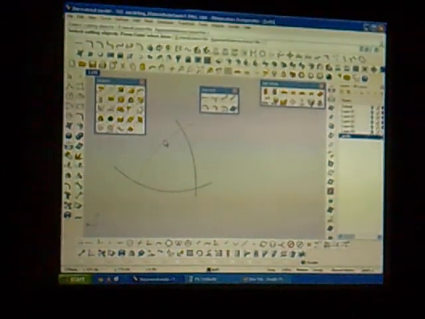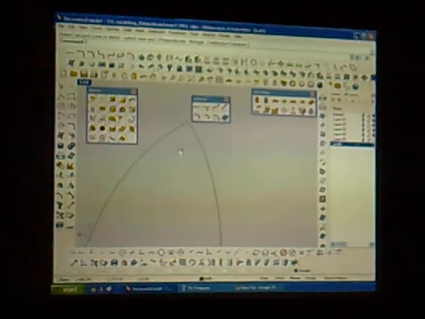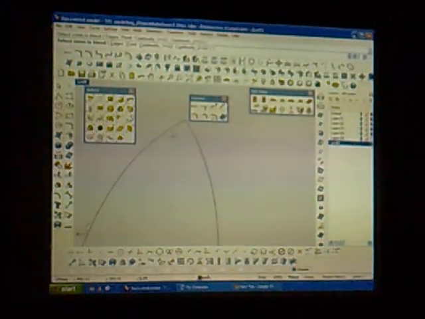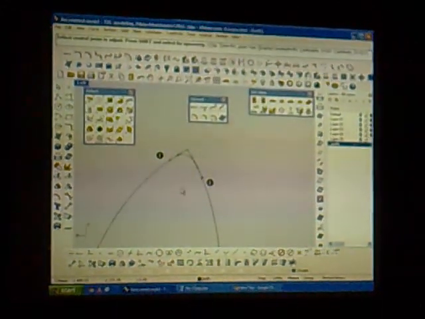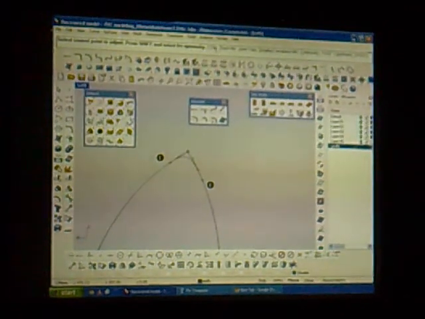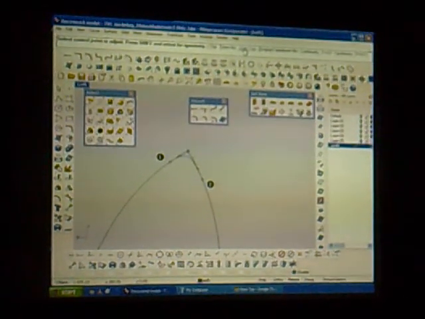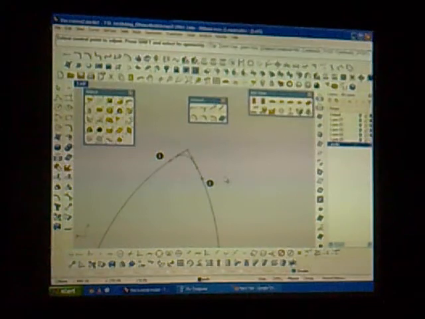Then what you did, you picked up the trim tool, and then you said, okay, I'm going to trim all these three. I'm going to trim this, all gone. Then you say, what I'm going to do is I'm going to put a blend curve between this one and this one. Okay, I'm going to put a blend curve, and then I'm going to say join yes and trim also yes.